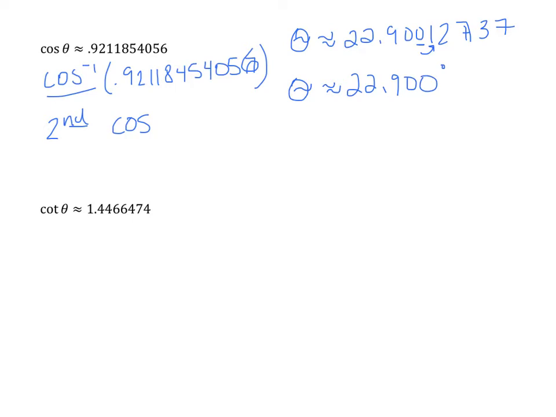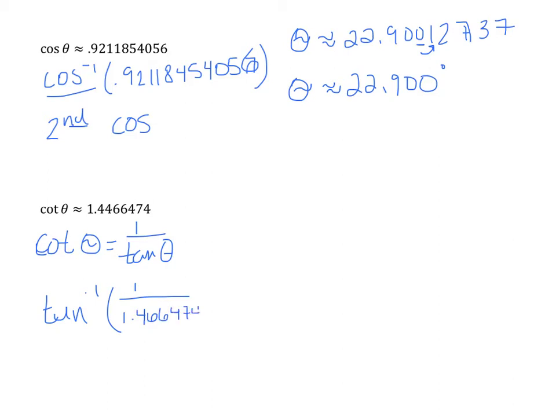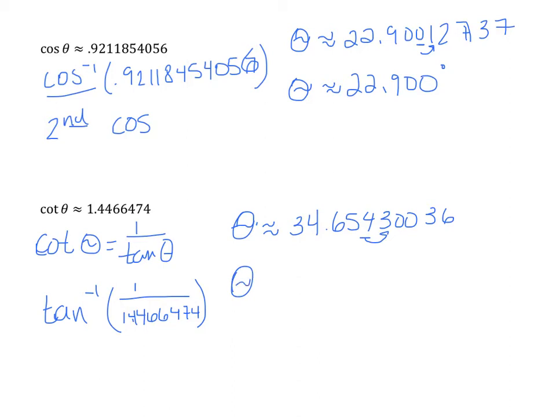The cotangent is going to be a little bit different. We remember that the cotangent of theta is equal to 1 over the tangent. When we put this into our calculator, we have to enter the inverse tangent of the reciprocal. Like that. That's how we will actually get the proper information. And this is actually 1.4466. So this gives us that theta is approximately equal to 34.6543036. If I round to 3 decimal places, I get that theta is approximately equal to